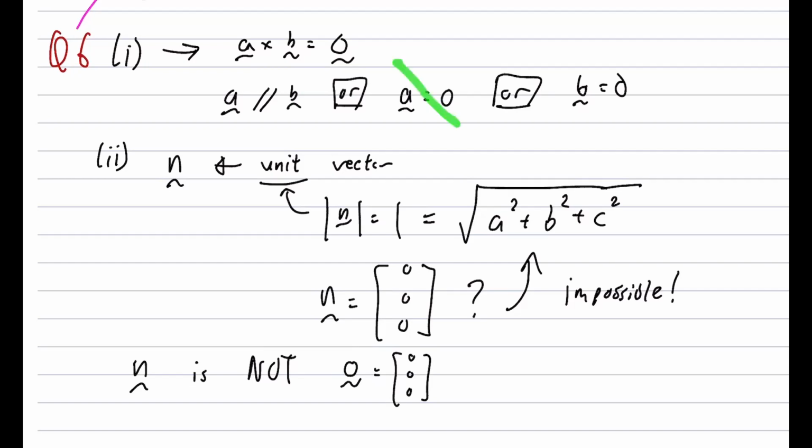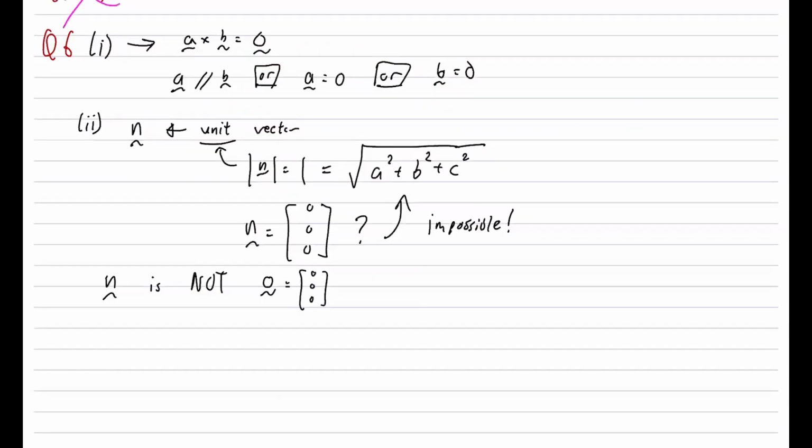So it means it cannot be this case. It cannot be this case. By elimination, it can only be this case whenever we got a cross product with a vector n. Assume that vector A is n. Okay? So that means that in part 2, they gave us the equation that vector n cross with the vector i plus 2j minus 2k, that is 1, 2, negative 2, equals to 0 vector. The vector n here is not a 0 vector,